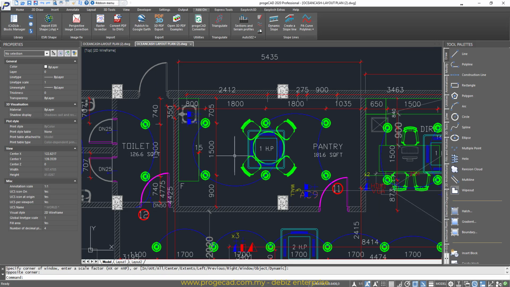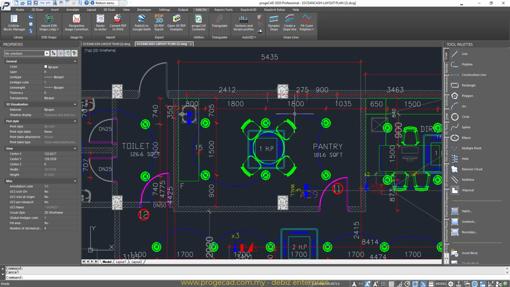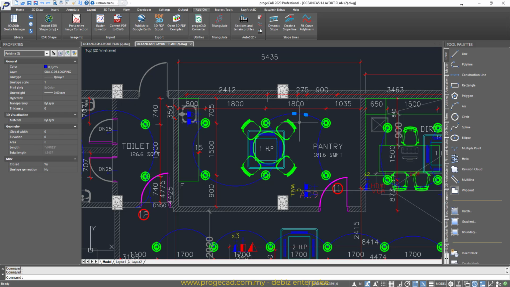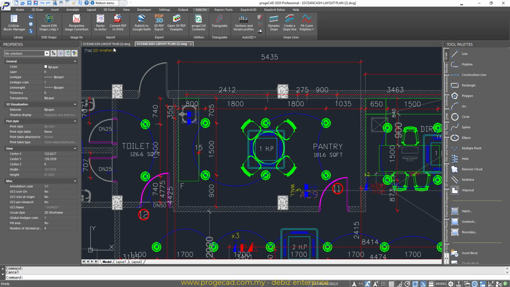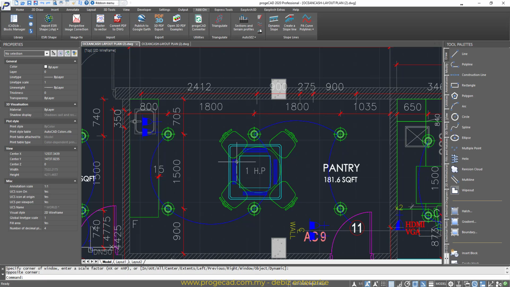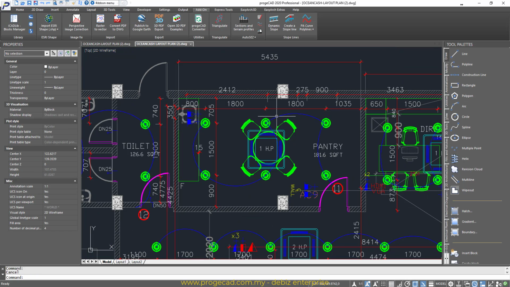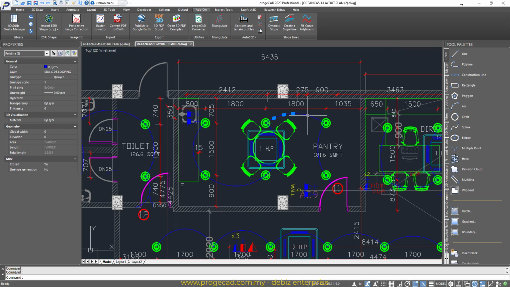Zooming in, most of the objects and layers will be broken down. This is a polyline, but when converted it is broken down as shown here.